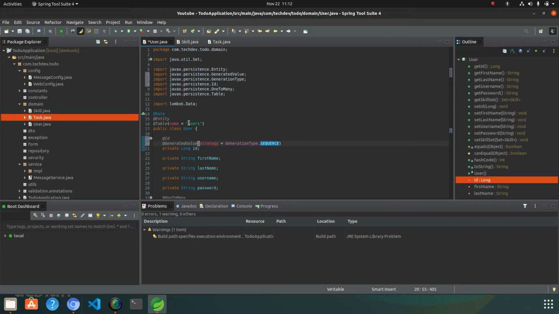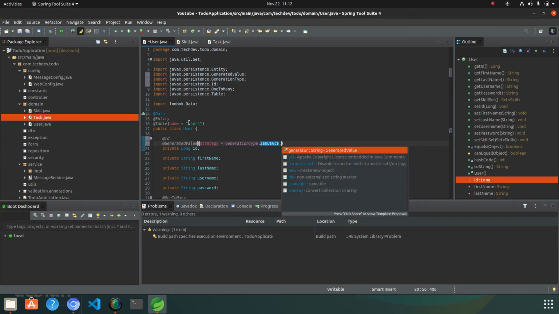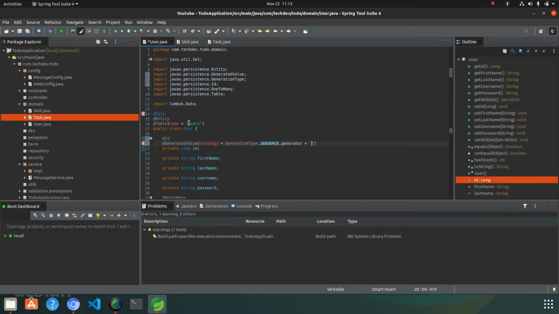So for now we are just using the sequence generator, and the generator will be for the user sequence.